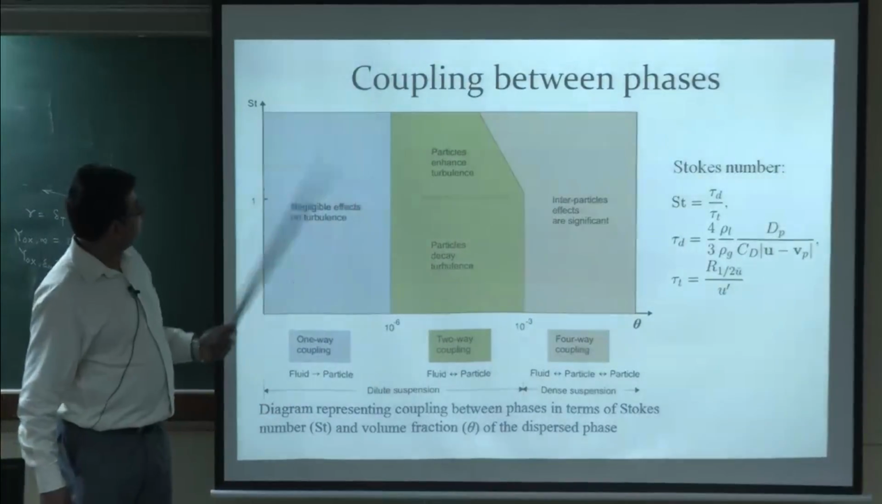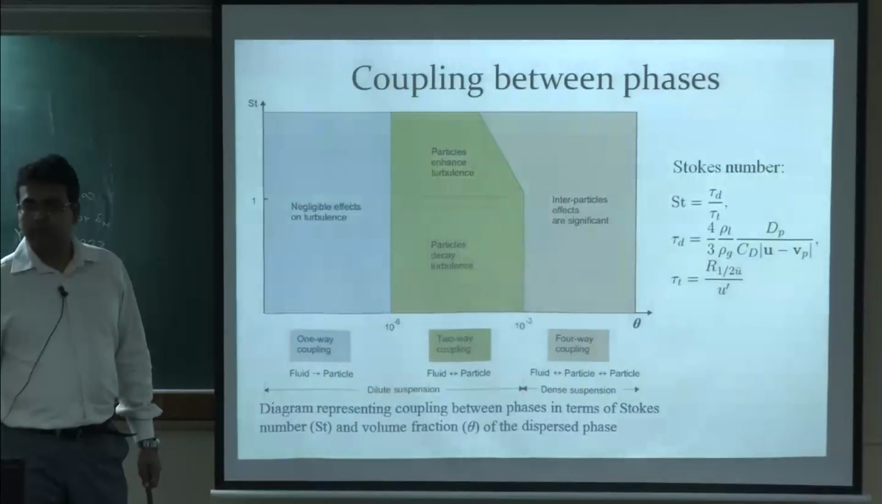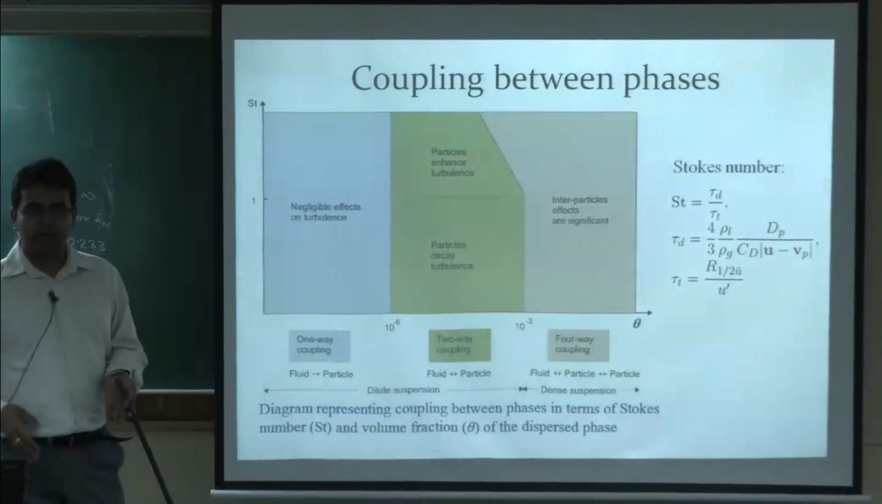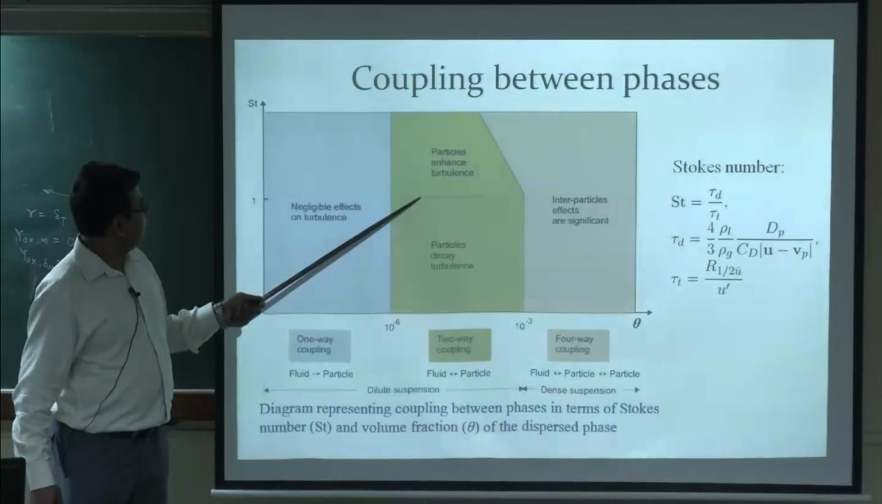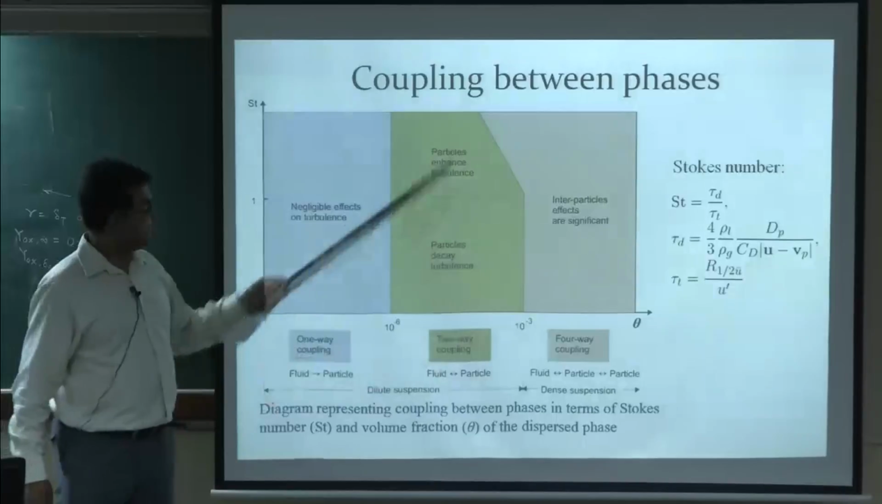If the Stokes number is less than 1, then the particles decay turbulence. Whatever turbulence you initially have will decay if you have two-way interactions, and if the Stokes number is more than 1, then the particles enhance turbulence. So, these are the two